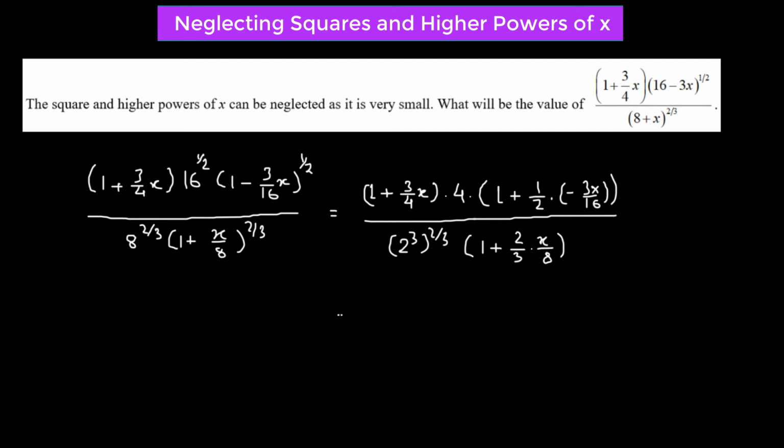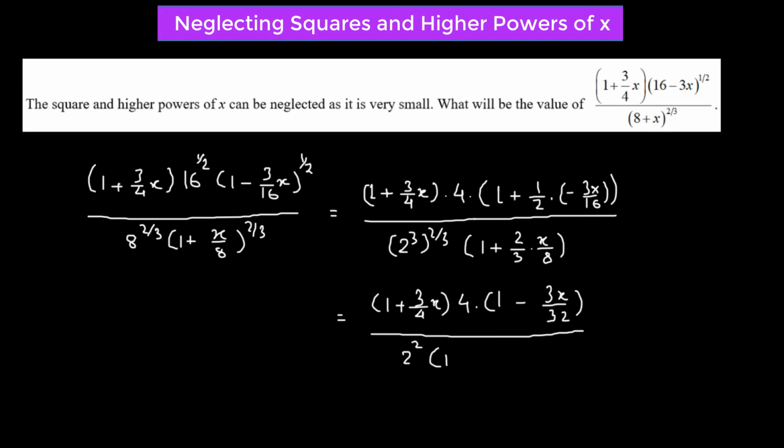So this should give us 1 plus 3/4 of x times 4 times 1 minus 3x over 2 times 16 is 32 divided by, with the 3 and 3 in the exponents will factor out, so that will leave us with 2 squared times 1 plus twice x over 24. Now we can factor out the 4 from the numerator and the denominator, and that leaves us with